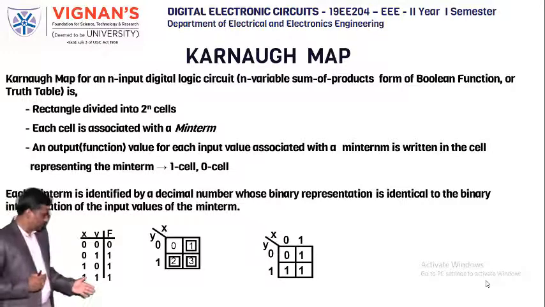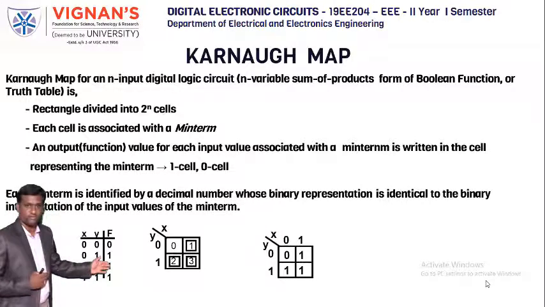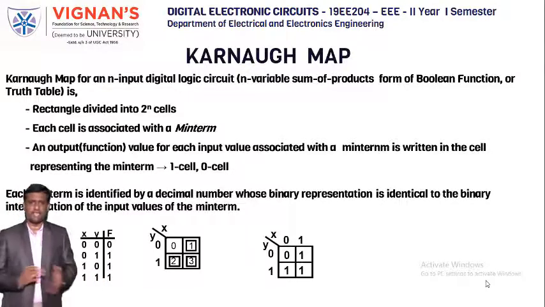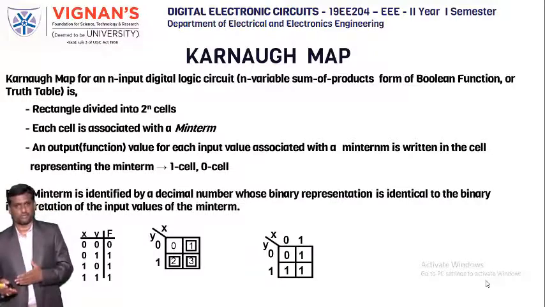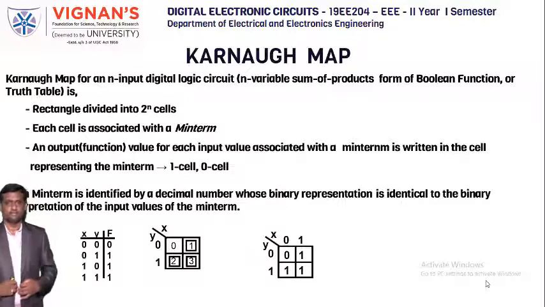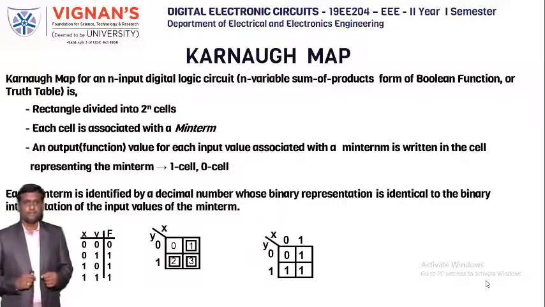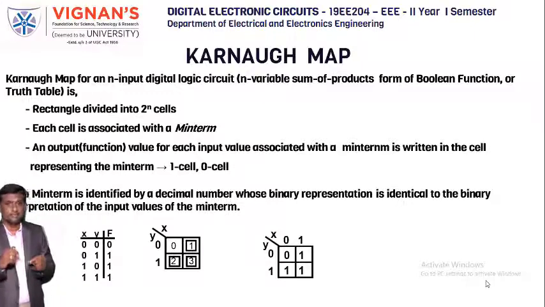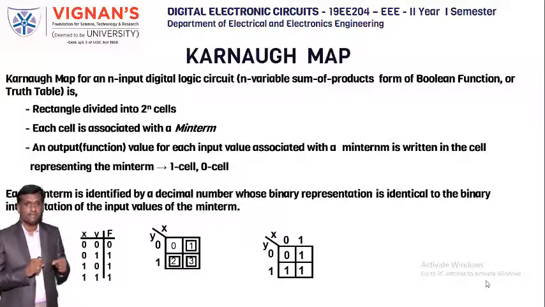So in this example, X represents the number of columns, Y represents the number of rows, or vice versa. Anyway we can take. Either you may consider X as number of columns, Y as number of rows. We can consider any. And the assigning of cell value, each value for the cell is assigned by clubbing of the combination of variables assigned for the columns and rows.